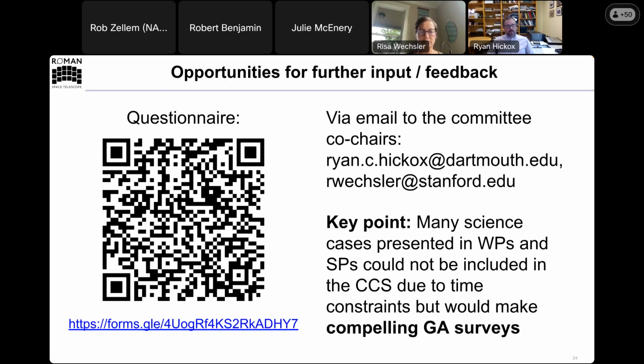So you can reasonably assume that we're going to end up with 2 Galactic Bulge Time Domain seasons in the first year of the mission. So that's 4 months. We also have a requirement to schedule the coronagraph instrument observations early in the mission. So that's another 3 months out of the first year